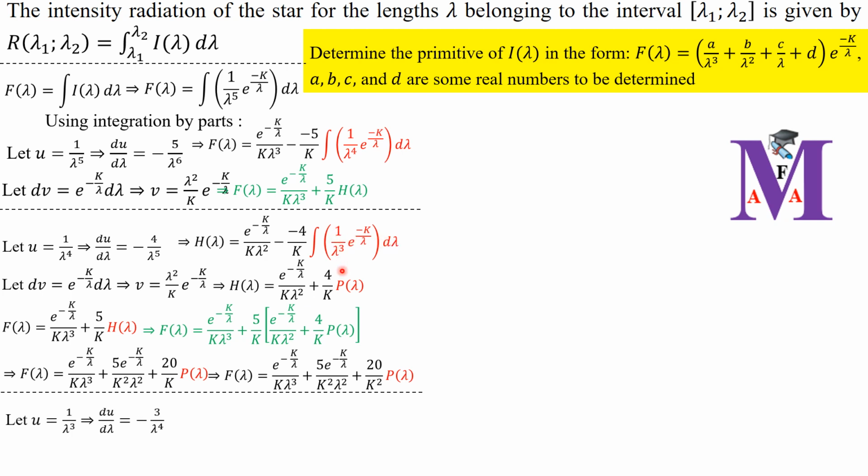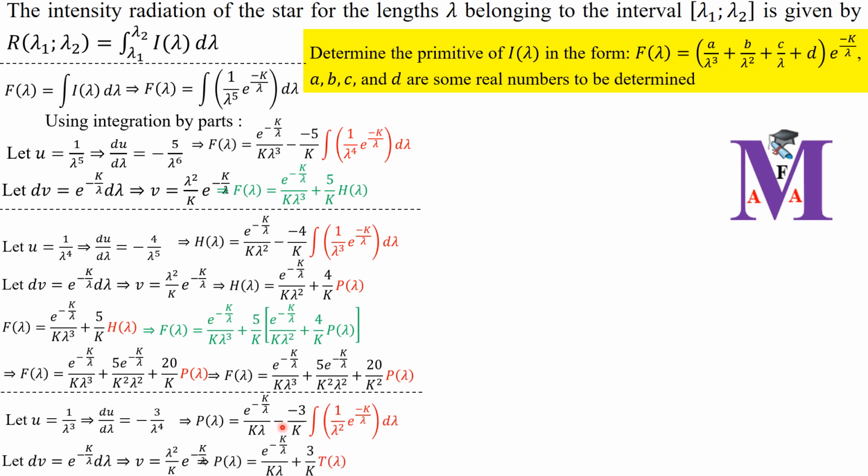We just let u be 1 over lambda to the power 3. We differentiate, we get negative 3 over lambda to the power 4. Our dv is e to the negative k over lambda d lambda, and our v is the same as before. So our p of lambda is uv minus the integral of v du. So you just replace the various missing terms,